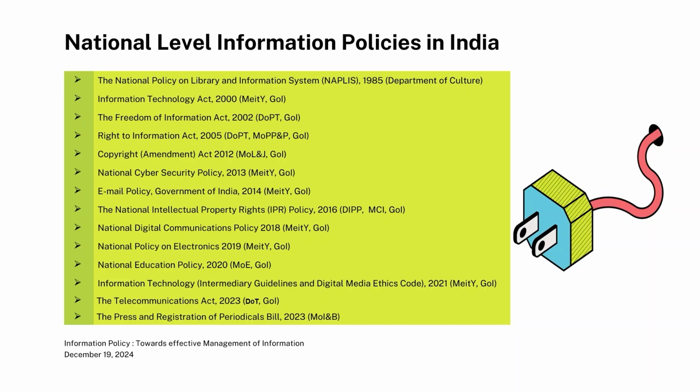Thus, in our country, some of the policies which are now prevailing are the National Policy on Library and Information System 1985, Department of Culture, Government of India; Information Technology Act 2000, Ministry of Electronics and Information Technology, Government of India; the Freedom of Information Act 2002; Right to Information Act 2005, Ministry of Law and Justice; Copyright Amendment Act 2012; then National Cyber Security Policy 2013,